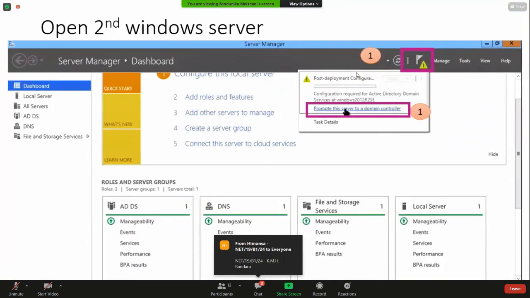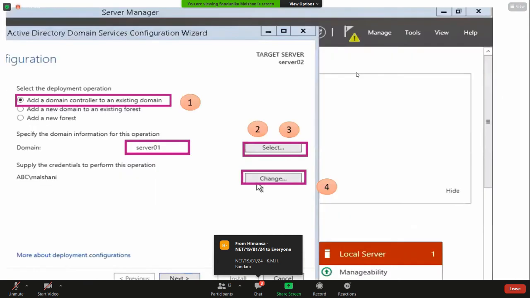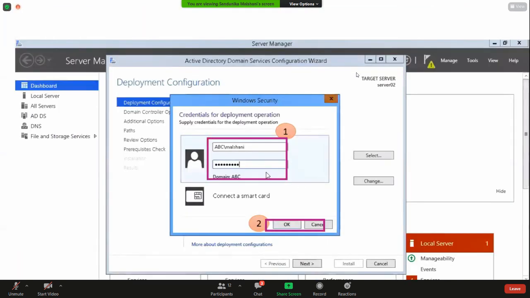Here I click this one and this message comes. I click add domain controller to existing domain, and I click select. And I type server one and select, and I click change. So